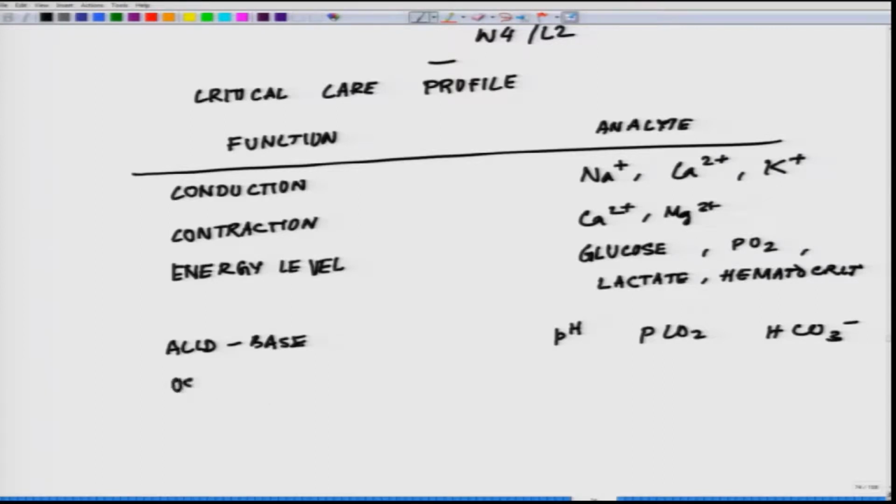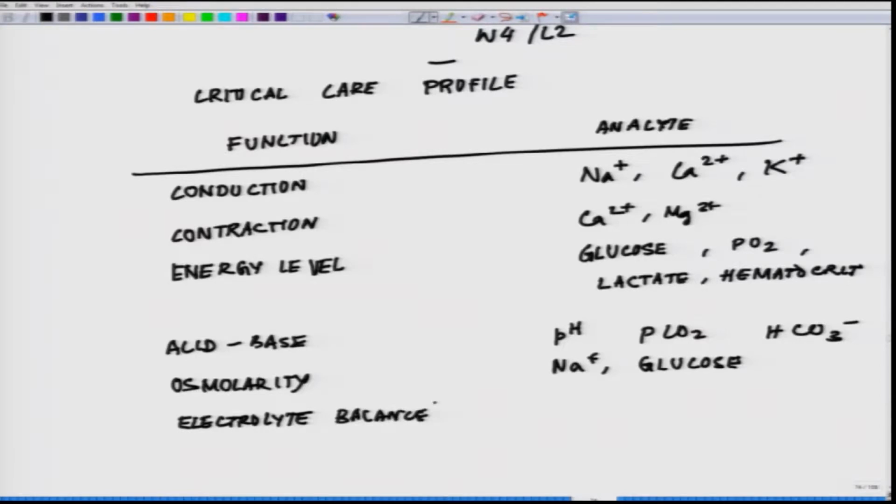Okay. When we talk about osmolarity of the blood, which is, by the way, around 320 milliosmol. Okay. Osmolarity, we talk about sodium plus glucose. So, if the glucose level goes up, the osmolarity will go up. Okay. Then electrolyte balance, we are looking at Na+, potassium, calcium, magnesium. Okay. Then, when we talk about renal failure,